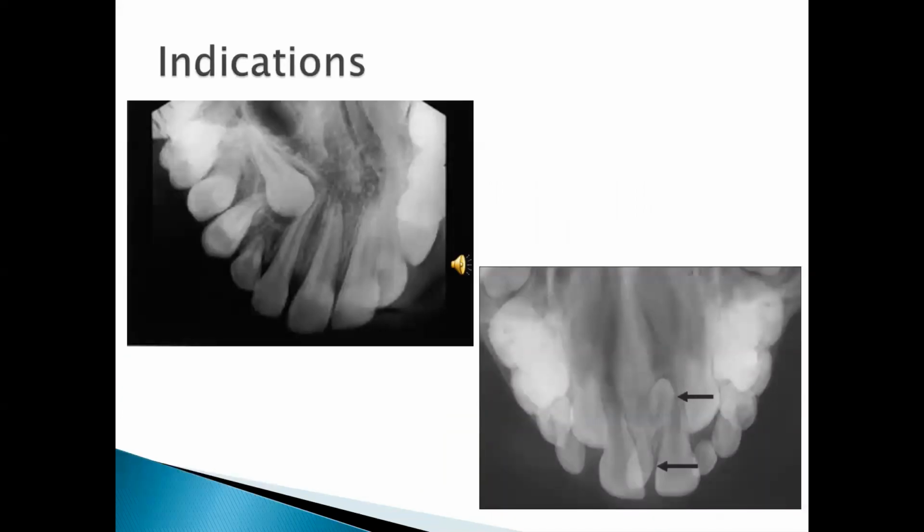Now, what are the indications we have for the occlusal? If you have a case wherein the intraoral film that you use regularly, intraoral periapical, doesn't cover the full extent of the lesion of the periapical area, naturally you would want a film that covers more area. For example, you have an impacted canine, or you have an impacted mesiodent, or any other impacted supernumerary tooth. So you can always use an occlusal film if you don't have an OPG facility or a CBCT facility near your dental clinic.